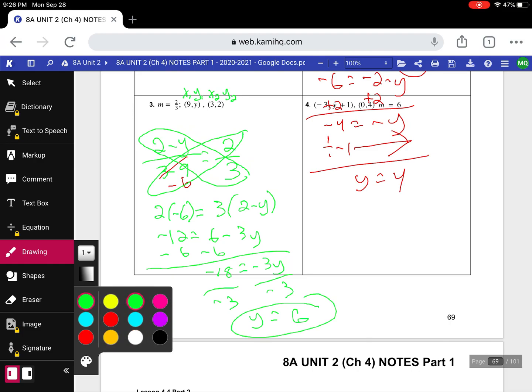Okay, I think that is plenty for today. Go ahead and practice those extras that I haven't done if you'd like. And you can go ahead and start on your